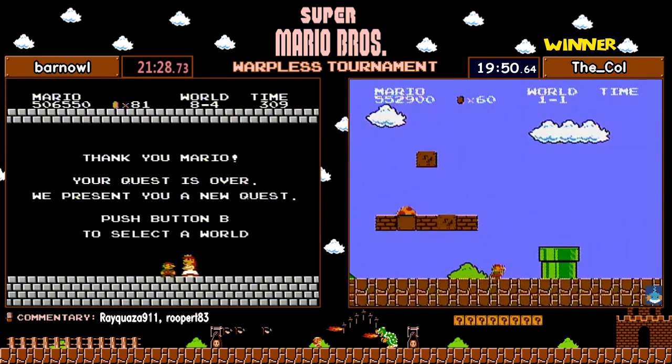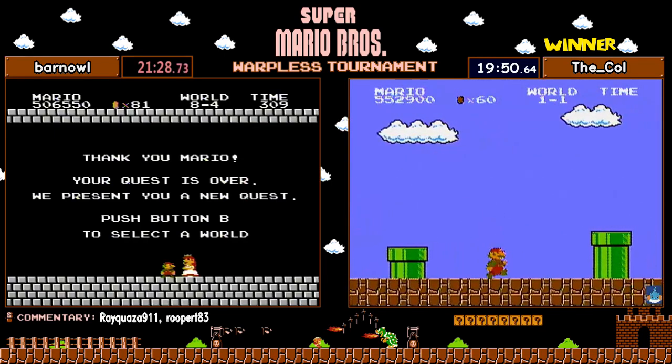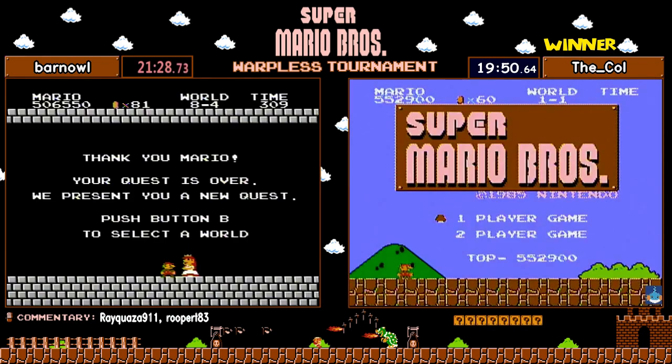Yeah. And how would you feel if you were to face Kaku? He was the one who knocked you off the winners bracket. Yeah, that would be so strange. I mean, Kaku is an amazing player, and we also